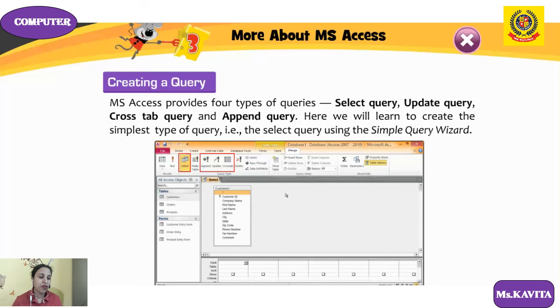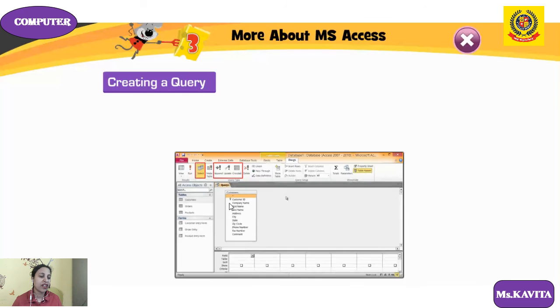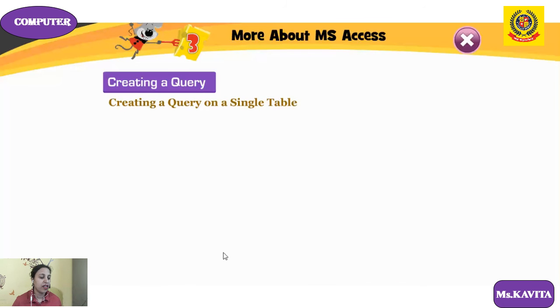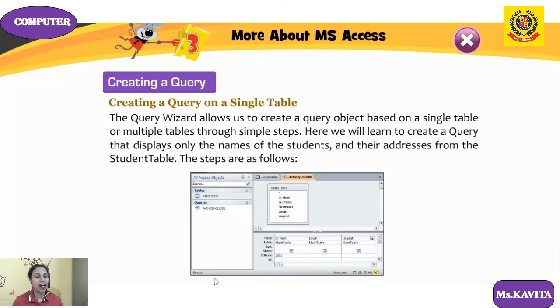So how many types of query can you create? Select, update, cross-tab and append. Here we will use the select query. Creating a query on a single table. The query wizard allows us to create a query object based on a single table or multiple tables through simple steps. Here we will learn to create a query that displays only the names of students and their addresses